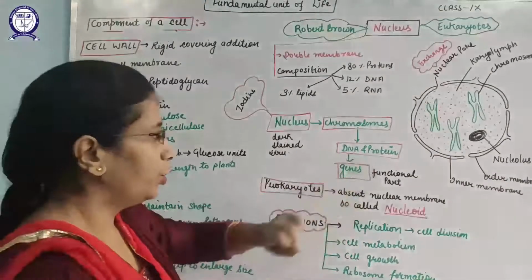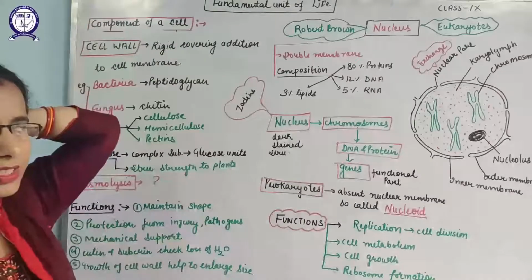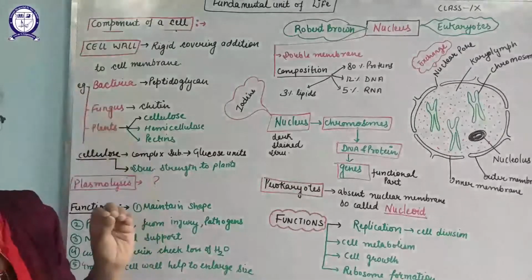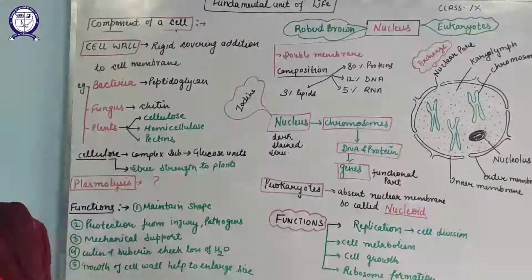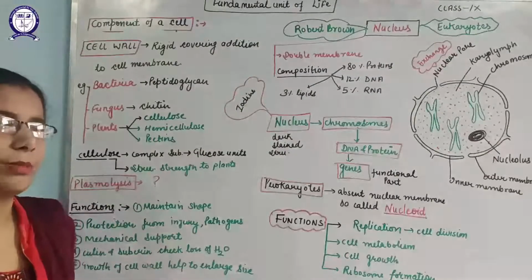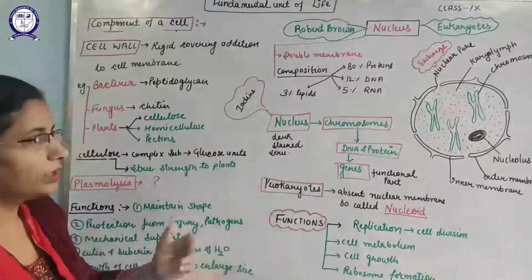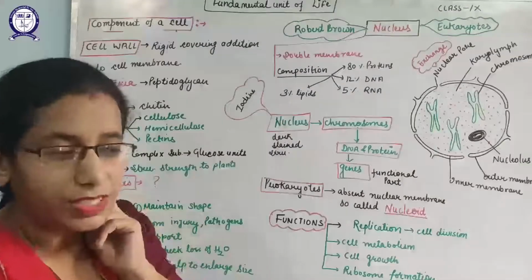Inside the nucleus. So we can say in prokaryotes and eukaryotes, this is the double membrane nucleus, the double membrane that will separate it, because in eukaryotes you will call that nucleus because it has the nuclear membrane, but in prokaryotes it does not have the nuclear membrane, then you will call it nucleoid. One more difference is there.